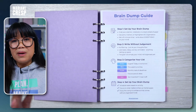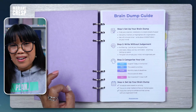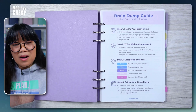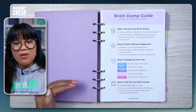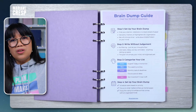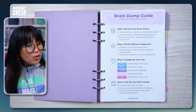You're going to leave space in your week for things you didn't plan for. Because let's be honest, unexpected things always come up. The reason we're overwhelmed is we think we have to fill every half hour, every hour of our day with something to do, and then we don't plan for the unexpected, and then it hits the fan, right? So what I'm going to do